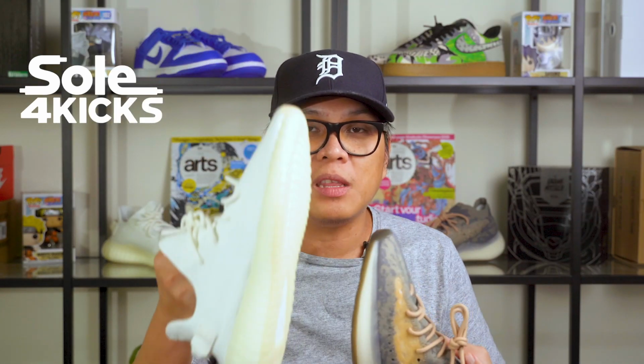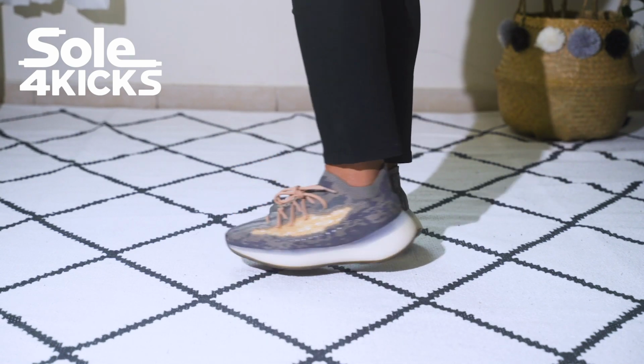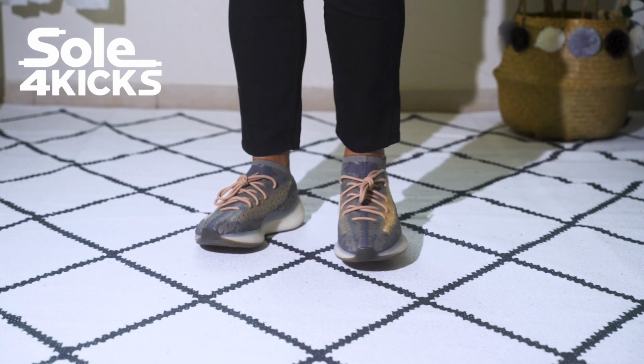So going back to the shoe, I tried the 350s and the 380s. Both of them are super comfy, especially the 380, with the Boost technology and thicker soles. This CC 500 High Tyrian will be super comfortable, with this inner cushion of neoprene materials inside, the soft tumbled leather, and the Adiprene technology on the sole, which will make this shoe super comfy and more stable. This is what I think. I didn't try it yet. It's so hard for me to judge not using it. It's unfair for me to say it, but